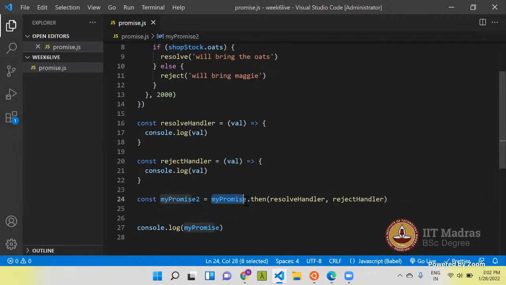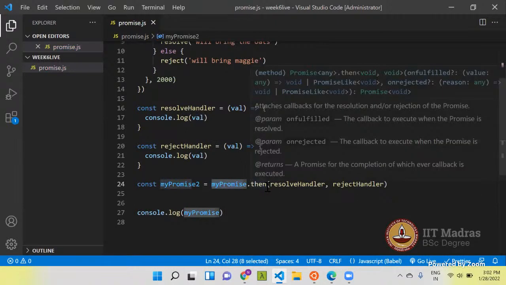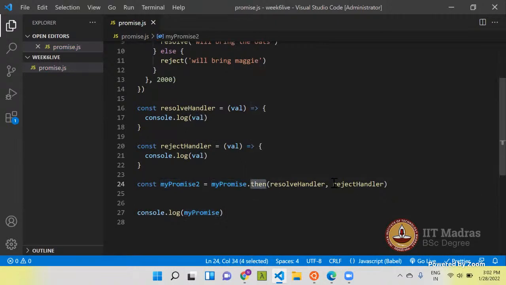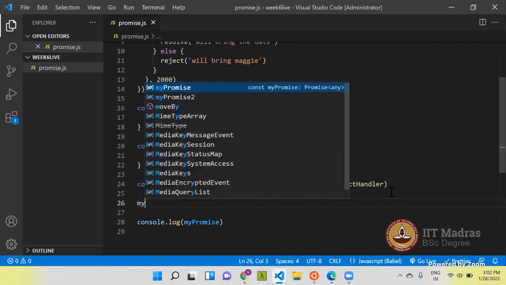My promise is the original promise we made in the beginning, and with dot then we handle this promise for resolve or reject. The resolve handler handles the resolved case, and the reject handler handles the rejected case. And now this statement will also return a promise. So now let's try to print what it is.